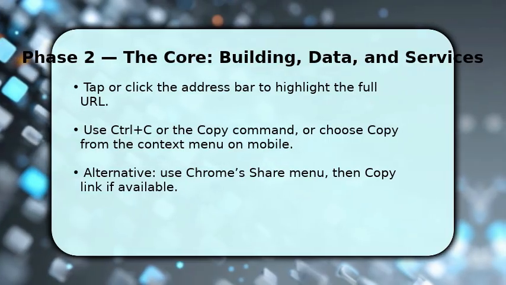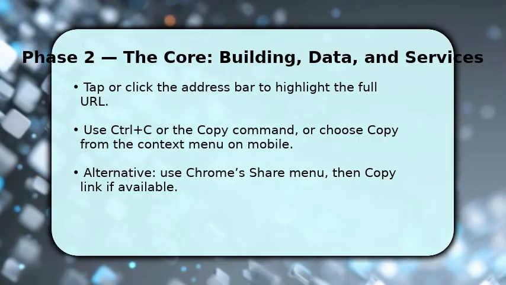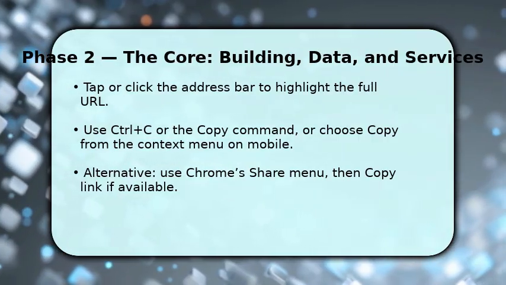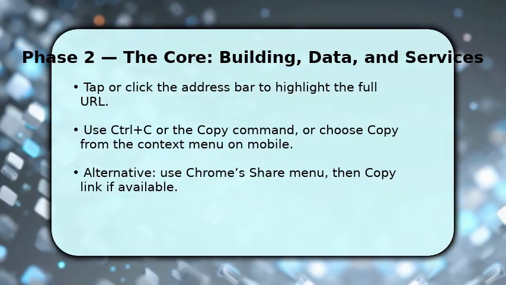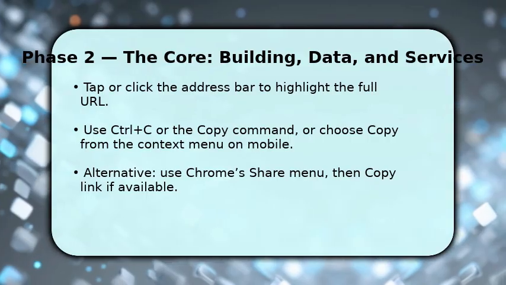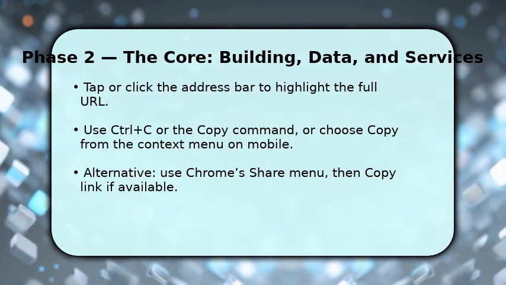On desktop, press Ctrl+C to copy, or right-click the highlighted address and choose Copy from the context menu. On mobile, tap the address, tap the copy icon, or open the Share menu and select Copy Link. These actions place the exact URL into your clipboard so you can paste it elsewhere without losing query parameters or